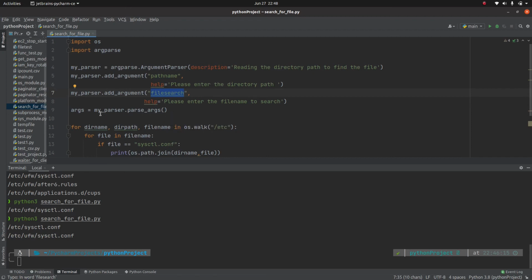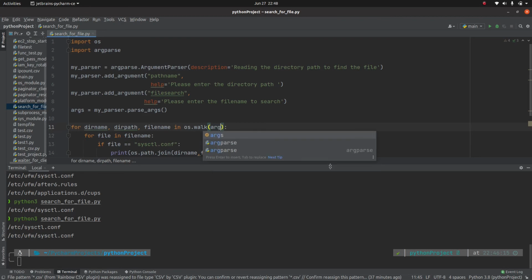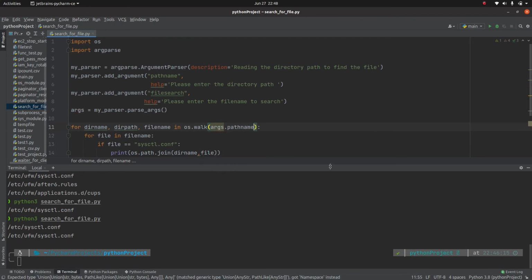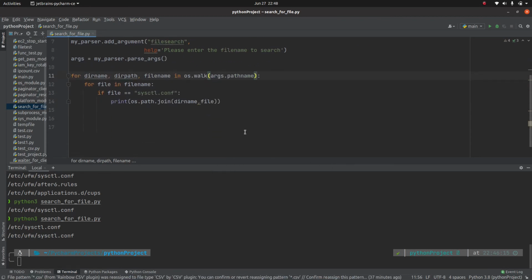Now the only change which is going to happen in your script due to this is that instead of using this as an argument, you need to change your argument to args.pathname rather than the hard-coded value. And here, rather than using this, you need to use args.filesearch.